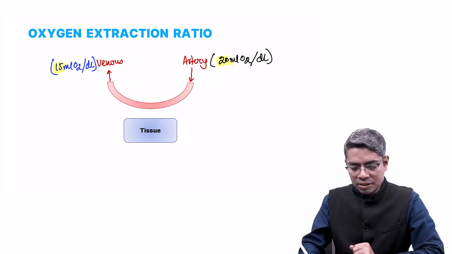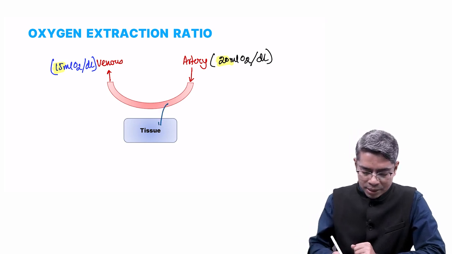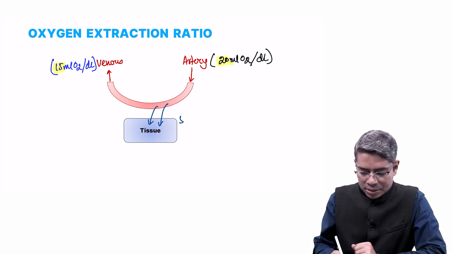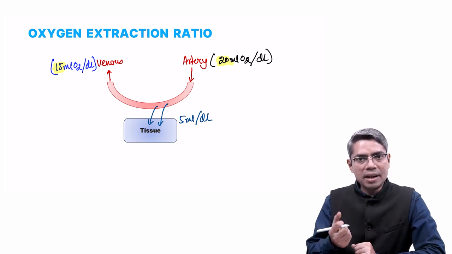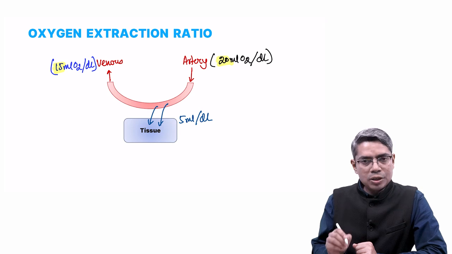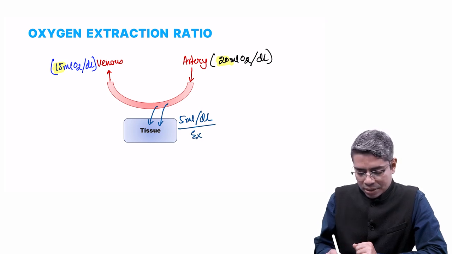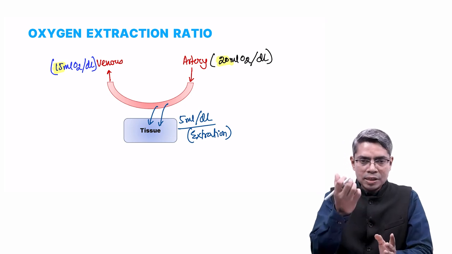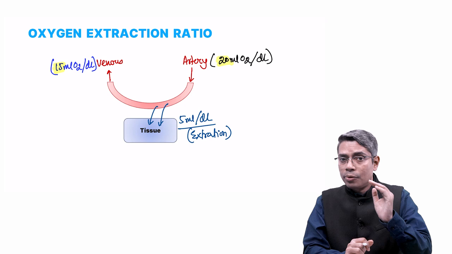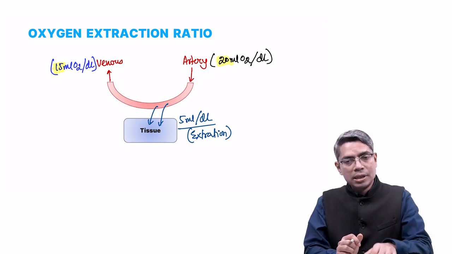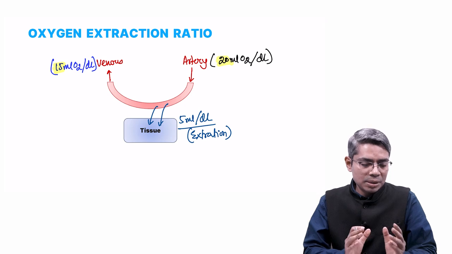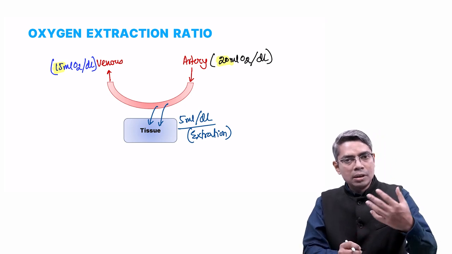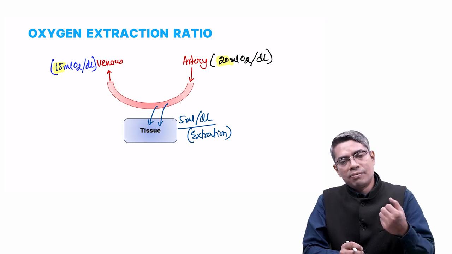So what is happening to that 5 ml of oxygen? We all know that 5 ml of oxygen per deciliter of blood is extracted at the level of tissue. So the tissue is extracting. This is the extraction of the oxygen by body tissue. Arterial blood is supplying the oxygen to the level of tissue. Tissue is taking 5 ml of oxygen from 100 ml of blood which is going through the tissue level. So if 100 ml of blood is going to any tissue, then tissue can extract 5 ml of